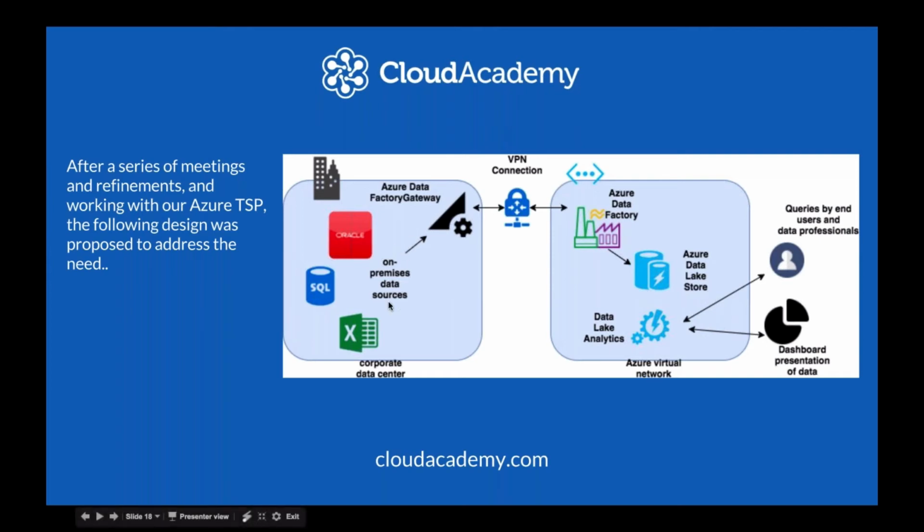And so taking these data elements here, and then migrating the data into Azure Data Factory, and the Azure Data Lake Store, and then of course utilizing Azure Data Lake Analytics, what we were able to do is create a method for presenting the data, analyzing the data in a way that met the need of the customer. Let's actually spend a little time on this slide here,